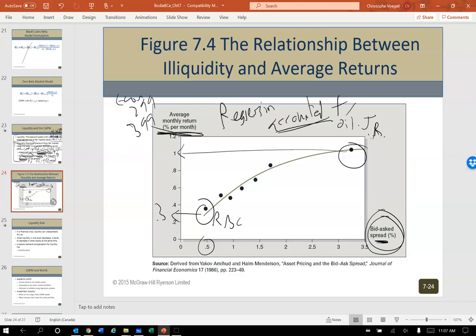for all kinds of factors or functions. They accounted for a whole bunch of things, and they just tried to extract these two single variables, bid-ask spread and average monthly return. So they didn't care if you were a consumer staple, energy, finance, technology, pharmaceutical. They didn't care which industry you were in. They would have accounted for that, and they would have controlled for all those factors in their analysis.